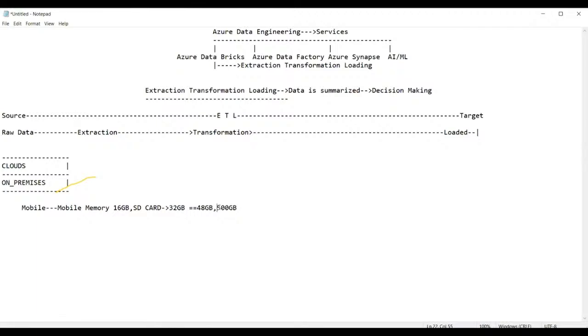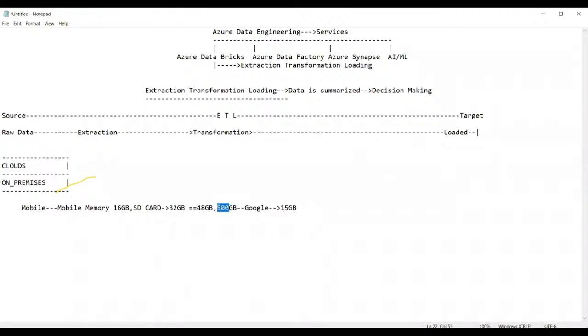Tell me now. OneDrive or Google Drive, yes. Very good. So that means you will take the support of Google Drive, am I right? But the problem is that Google also provides you only 15 GB of memory by default. Am I right? But now you have to store 500 GB, not 15 GB, guys.